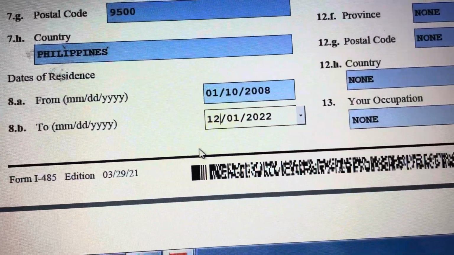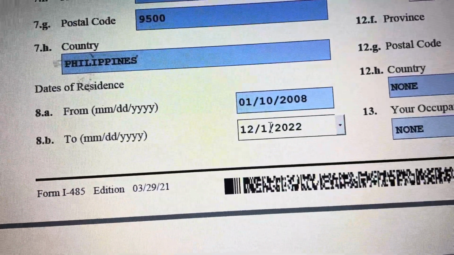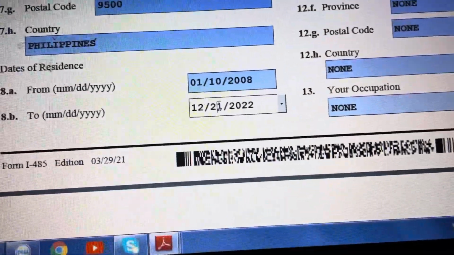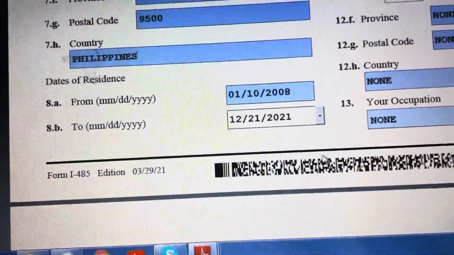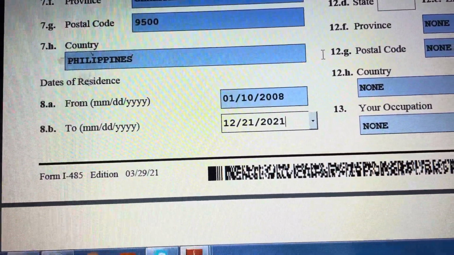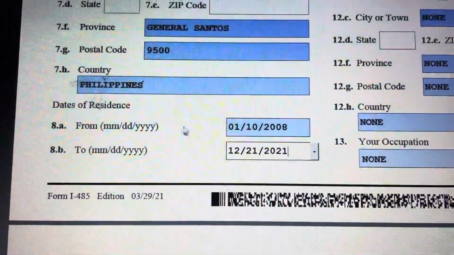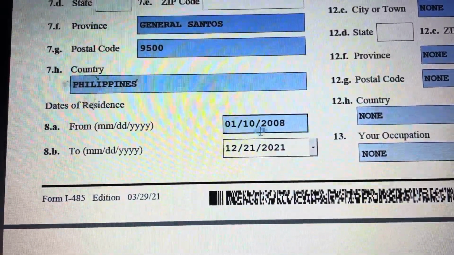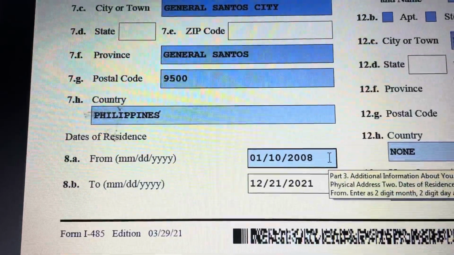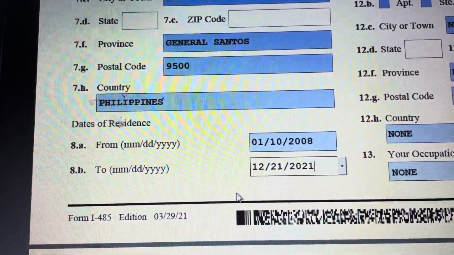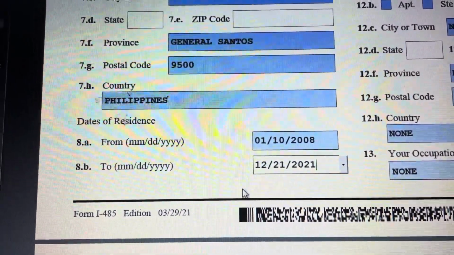Let's say 12/01 or 21st. You arrive in Manila 2021, like that. So because you arrive, I put it there. We arrive in America 0110 or 0101, something like that. I know you know already those times that you arrive. I put it there the time that the child was born, because I don't want any trouble with everything. So all the dates, I just put the present date that we have in the Philippines before we apply for